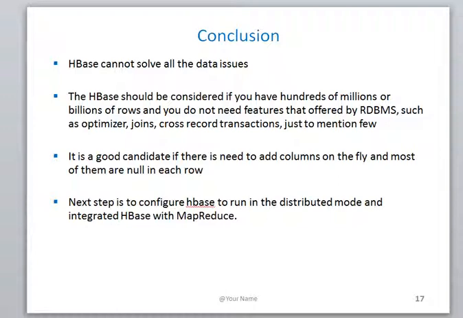My next step is to configure HBase to run in distributed mode and integrate HBase with